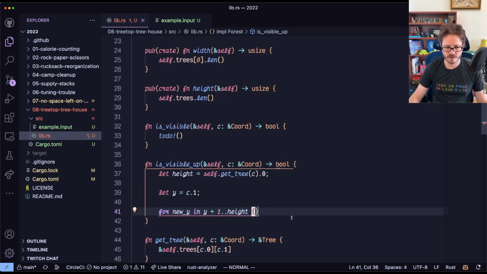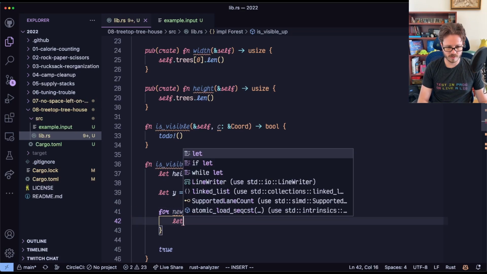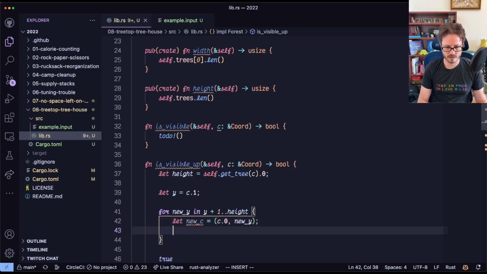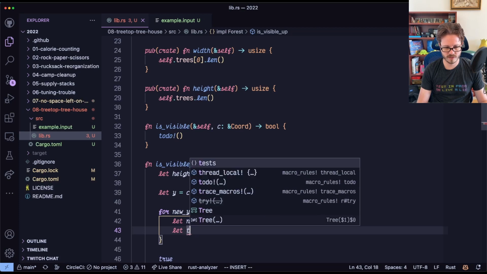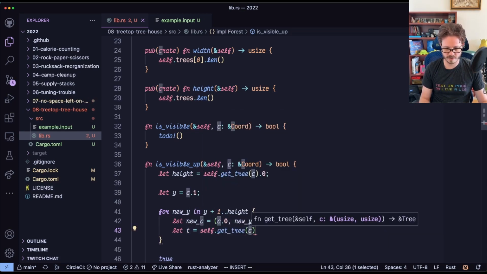Cool. I think it's now mad that I'm not doing anything. Eventually we will return true. Inside here though, we will do let new c equals c.0, new y, let t equals self.get_tree at new c,